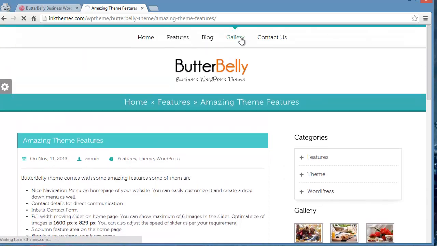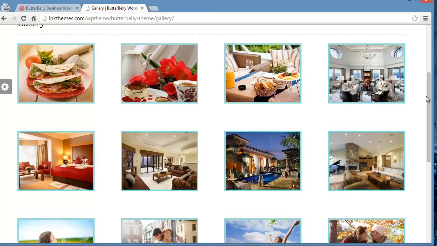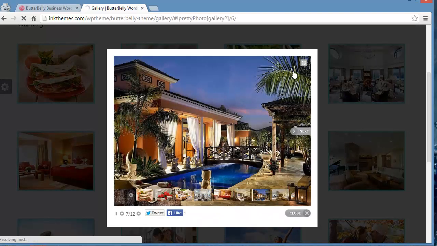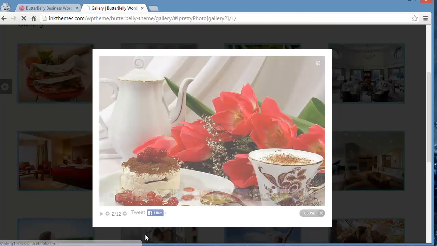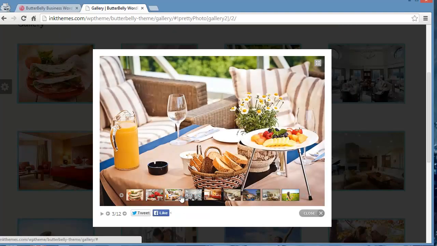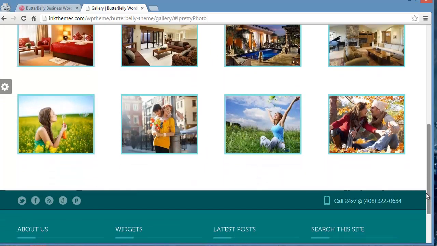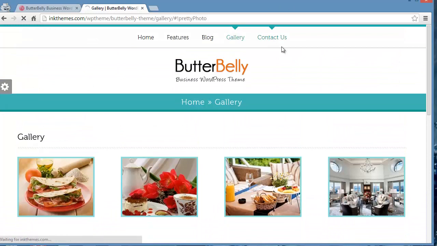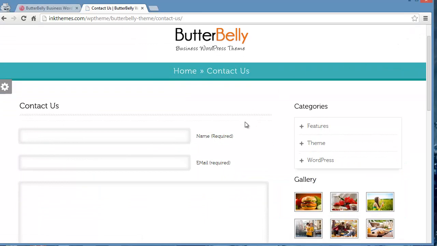Then moving up, we'll go to gallery and take a look at it. Okay, it looks amazing. It's awesome. Just click on any of these images, and if you want to expand the image, you can click here and navigate through the images from here. You can see, and you have also got the option to tweet this pic and also to like it. You can also navigate from here as well. You can see the next written over here, and here it is previous. So that is the gallery images. Looks fantastic. Then we have this contact us page, and here you go. This is the contact us page.